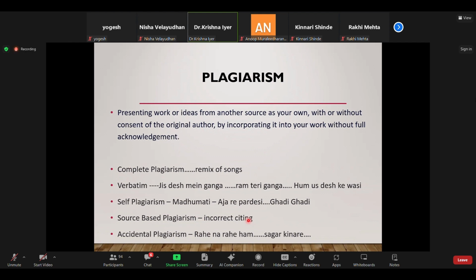Okay. An example of this is our Anu Malik ji, who says that all the good music is taken up. So if I write a song which resembles an old song, what can I do? Okay. So if you look at the song Rahe Na Rahe Hum versus Sagar Kinare, they are the same meter. Yeah. So I don't know whether it was accidental plagiarism or intentional, but this type of plagiarism also occurs in